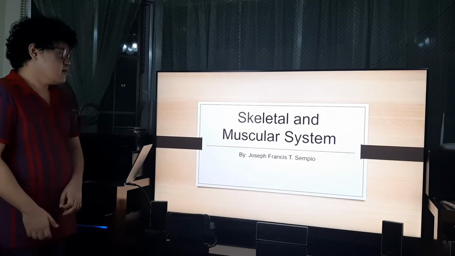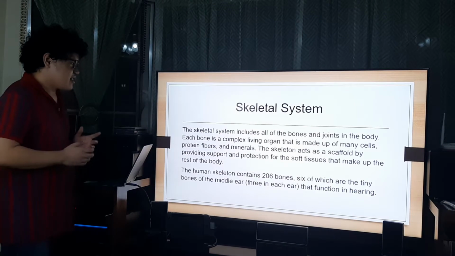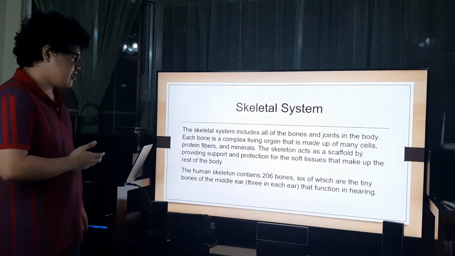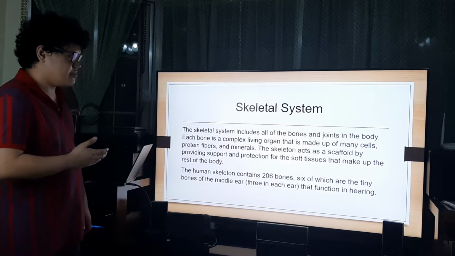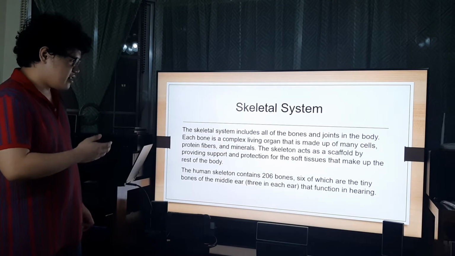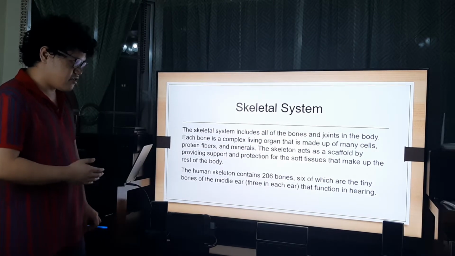5. Skeletal and Muscular System. The skeletal system includes all of the bones and joints in the body. Each bone is a complex living organ that is made up of many cells, protein, fibers, and minerals. The skeleton acts as a scaffold by providing support and protection for the soft tissues that make up the rest